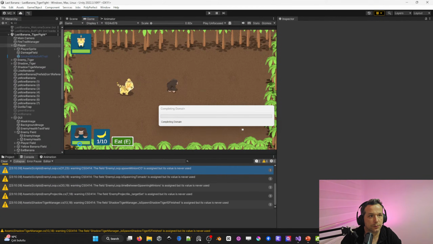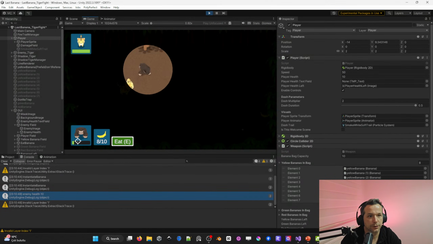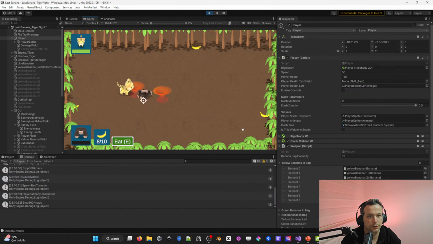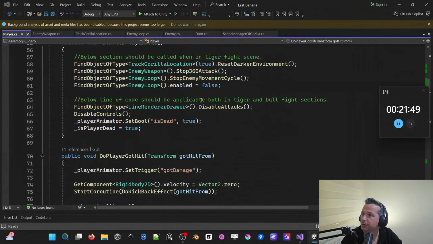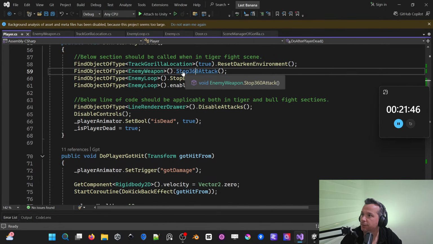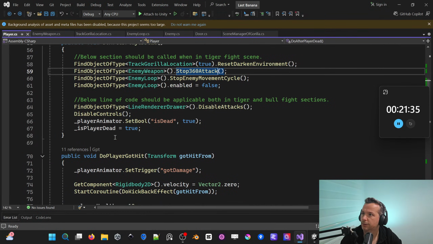Game starts, and now I can see the gorilla's health, and when the player is dead, touches to the tiger, it continues to create its, I don't know, tornadoes, and the cycle continues. Okay, what was the reason behind it? Why you cannot stop the 360 attack? Not stop 360 attack, but